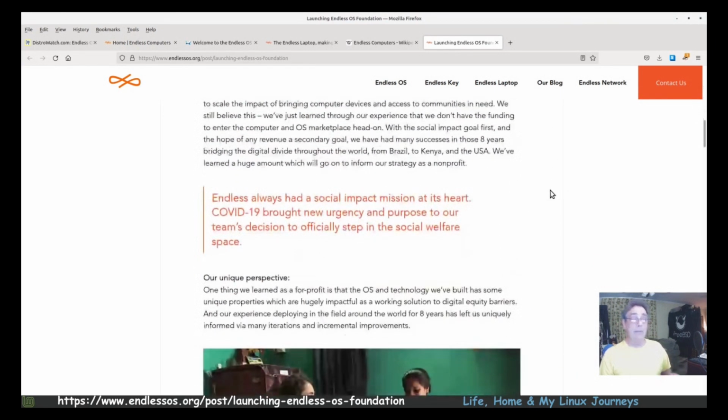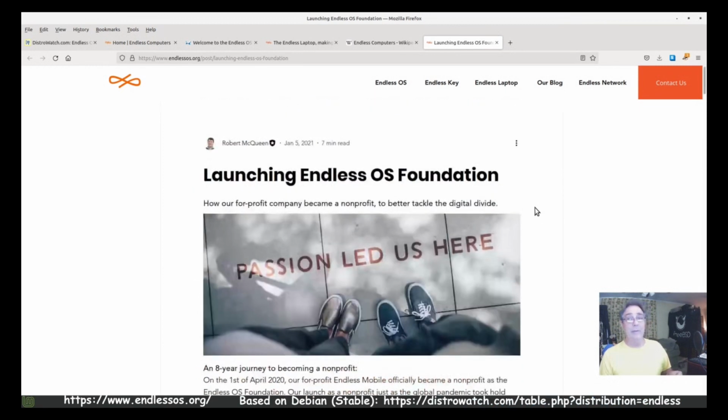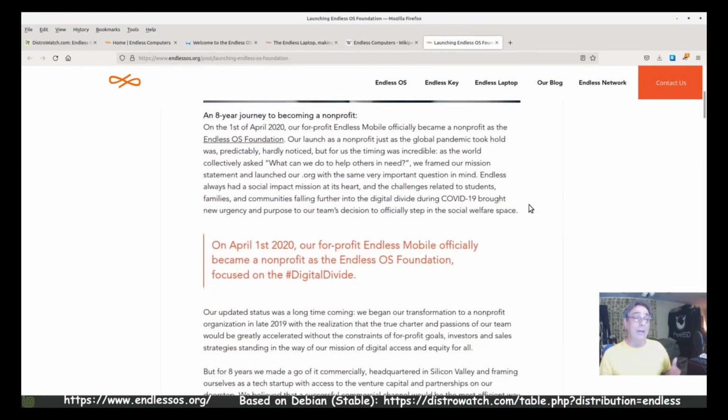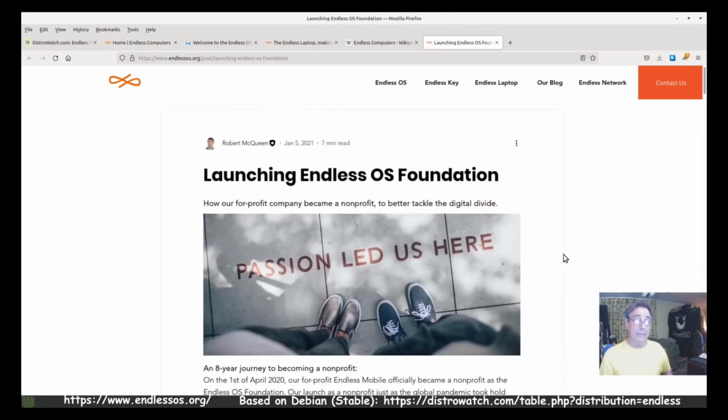Endless OS is certainly serving a great function here. And they're not doing it for free. And I don't blame them or anybody for not doing stuff like this for free. But I mean, $1 a day, come on, that's pretty reasonable, I would think. And it sounds like they would even be willing to work with you a little bit on it, basing it on whatever you can get approved for, which is really nice.